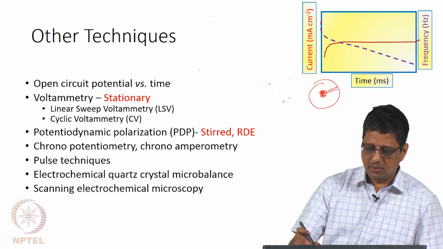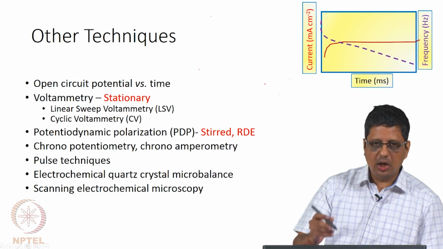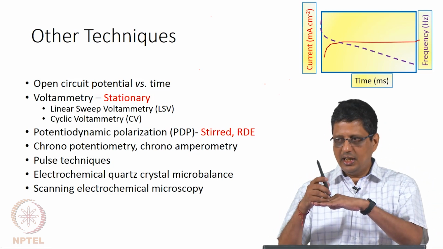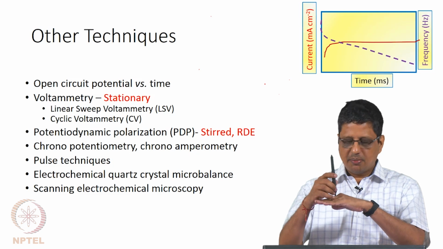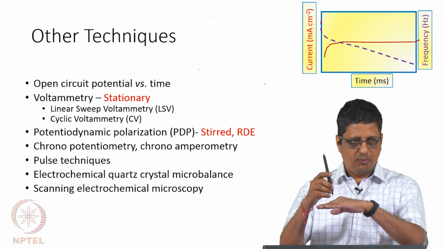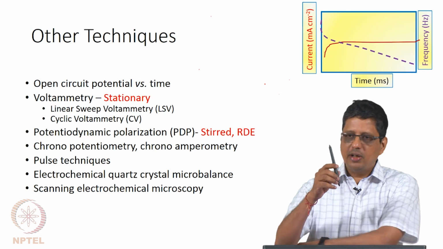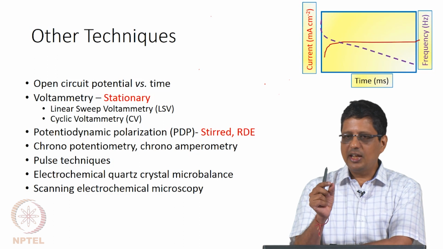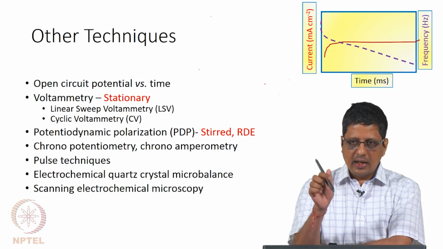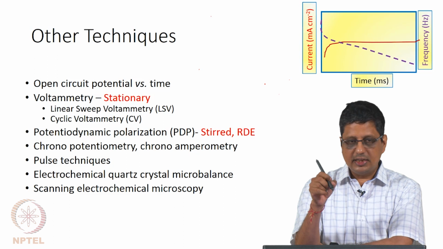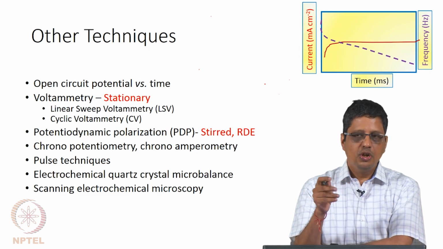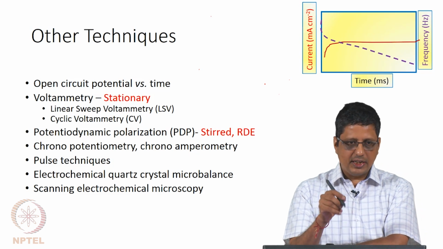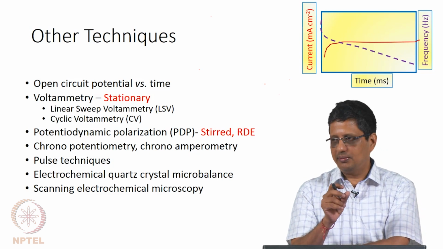And electrochemical microscopy is where you have a small tip, I have not given a graph here, small tip close to the surface in the liquid, and you can scan the tip. Sometimes you can scan the tip, sometimes the sample may be moved using piezoelectric. So, you can move it by micron sized steps or even smaller than that depending on the features that are available. You can move it and then say at these locations this is how much the current. Okay. So, you can see how the surface behaves electrochemically at different locations which are spaced by a few microns.